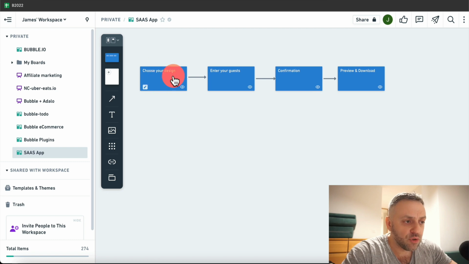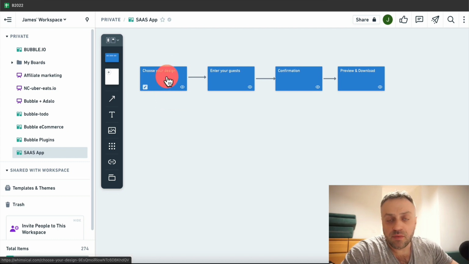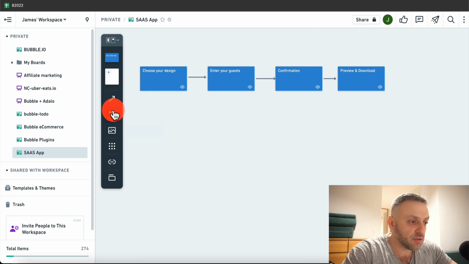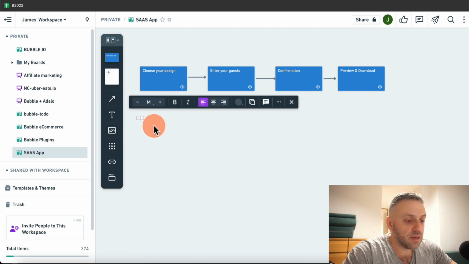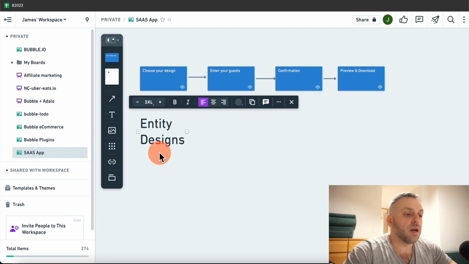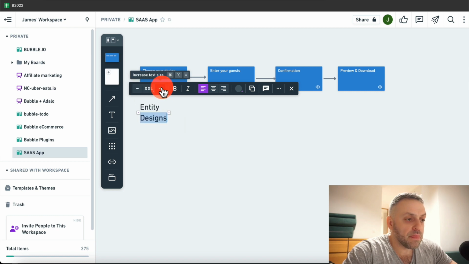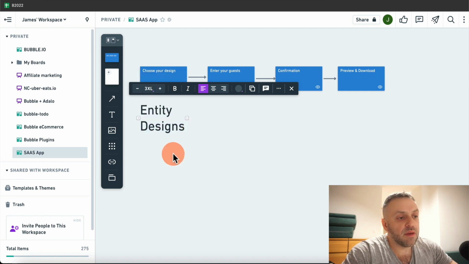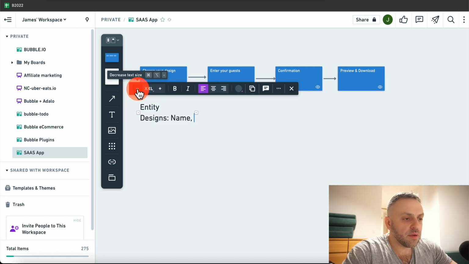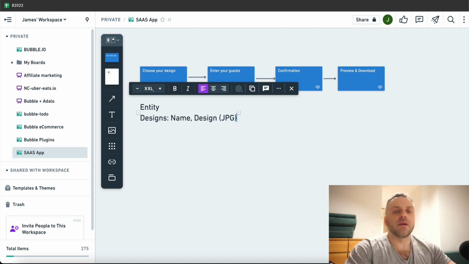So this step, choose your design. The designs are going to be stored in Bubble, right? You're going to have an entity. So if you go in here, you're going to have an entity here. Let's make it a little bit bigger. And you're going to have designs, and maybe the name of the design if you want. So what I'm going to do is come here, name, let's make it a little bit smaller, name, and then design, which is going to be a JPEG. It's going to be an image,